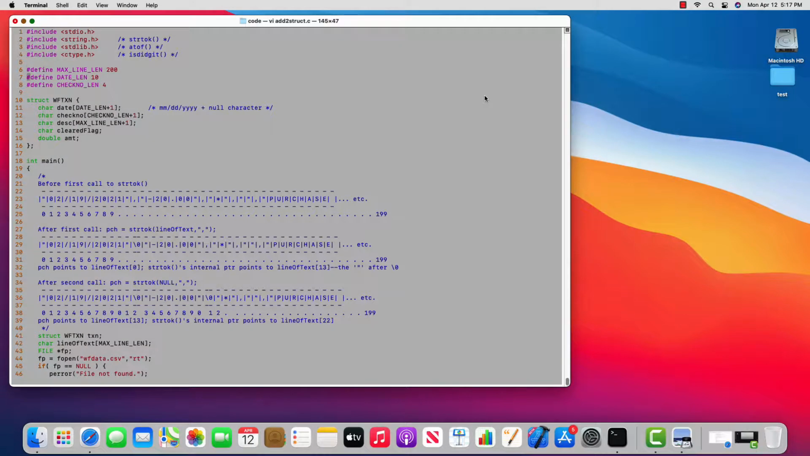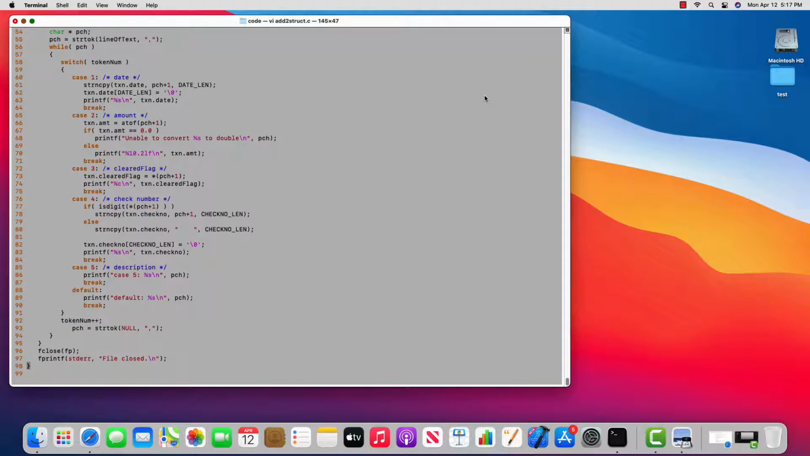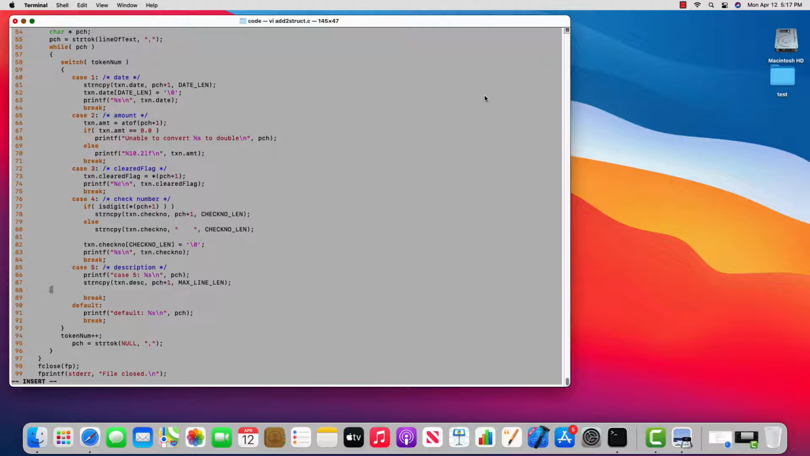the description. Description is a character array, max line length plus 1. Since it's a character array, we can use the same technique as the other character arrays. We'll string copy into transaction.description from PCH, and we do the plus 1 because we want to avoid the leading double quote. The maximum number of characters we copy is max line length, so we don't overrun the buffer. And then we will set the last offset in